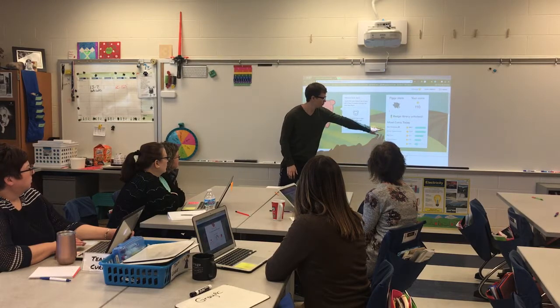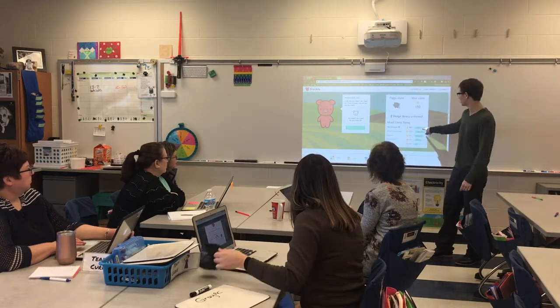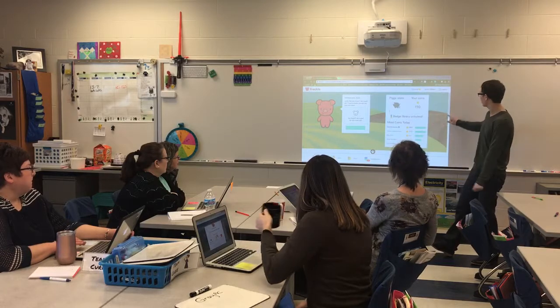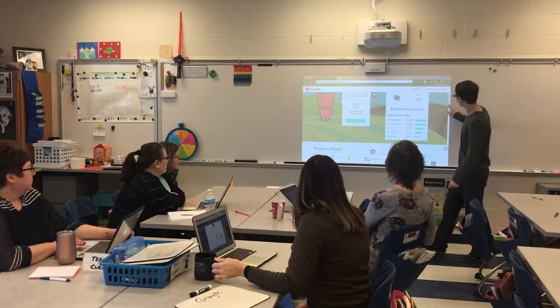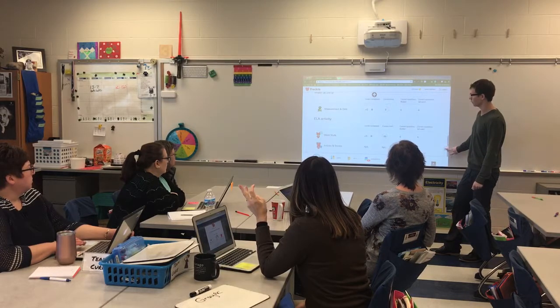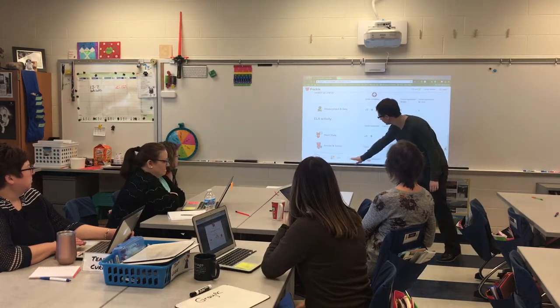You can create teams, so you can see like my red rock stars are in the lead with their coins, and then the green superheroes are next, so they can kind of see where their teams are. Down here, students can see their progress reports, how they are doing, what levels they're at, so they see this. And then if you click down here, ELA,